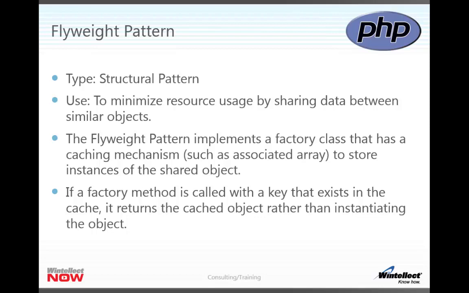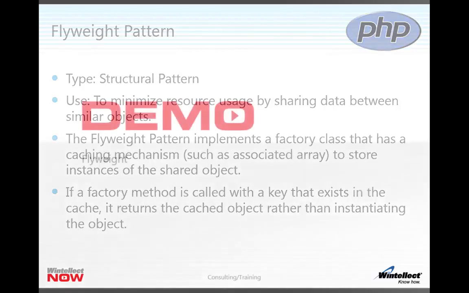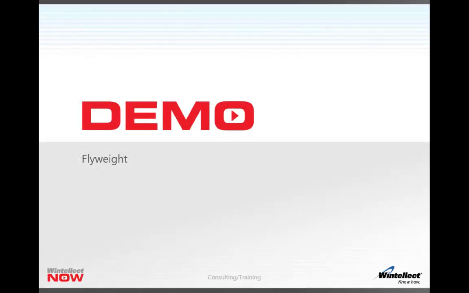Now there's other uses for this as well, and in the demo I'm going to end up using a caching mechanism, and you'll see how I use it. I'm using it a little differently, but the idea is the same, so I don't end up recreating objects over and over again. Rather, I just keep those in memory and keep the resources I'm using down to a minimum if possible. In my demo for the flyweight pattern, what I'm going to create is a direction application. It gives me directions, either walking directions or driving directions, and what I'm going to use as a data provider for this is Google's direction service as part of their map API.